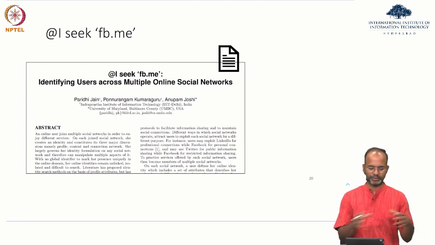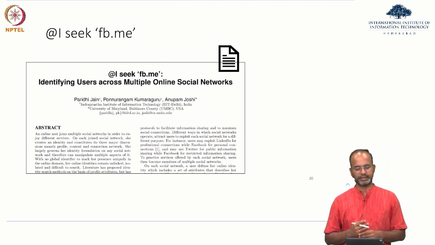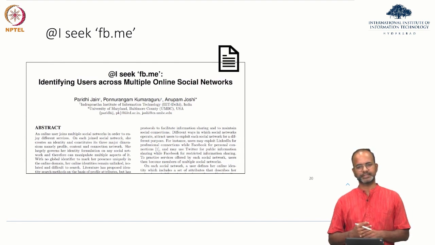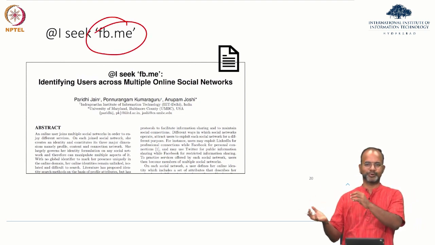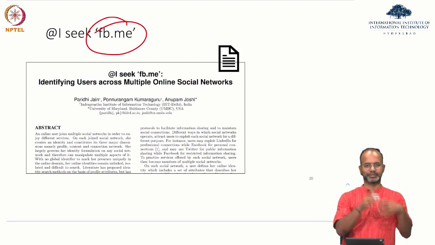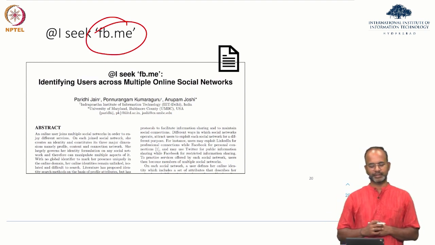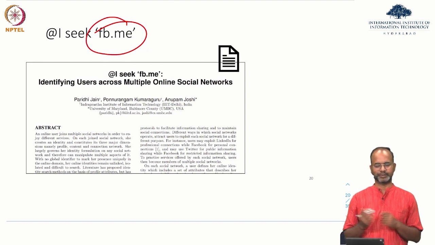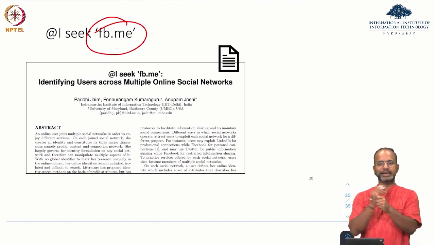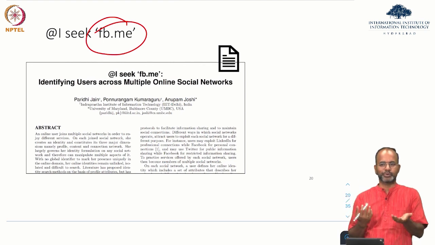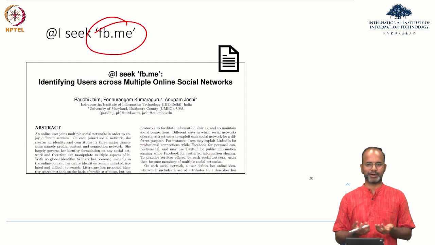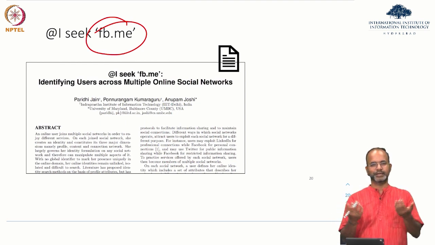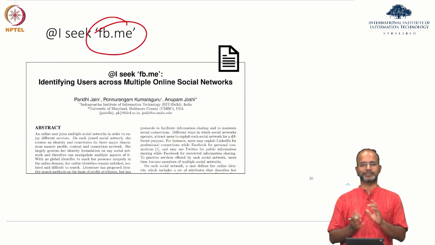So what we'll do is we'll go to the papers in a few seconds to look at what the paper is. But this is the idea that I mentioned earlier, which is you do a post on Facebook, take the link from Facebook, go do a post on Twitter. It'll show up as fb.me, so you can figure out that it's highly likely the same user. It could be that you take a Facebook link of the pictures that I posted and post it on your Twitter handle. Still the fb.me will come, and probably in that case the resolution may be wrong.